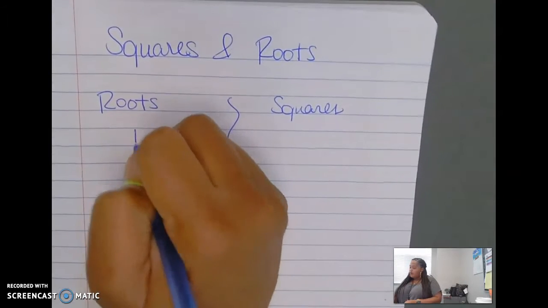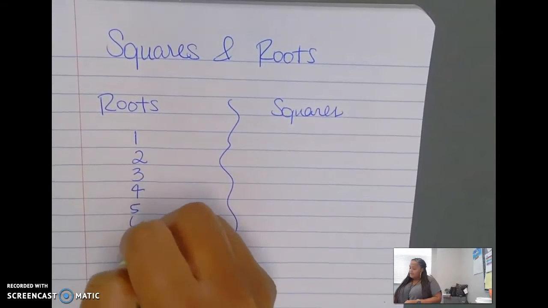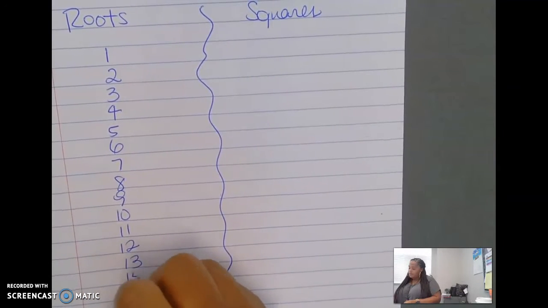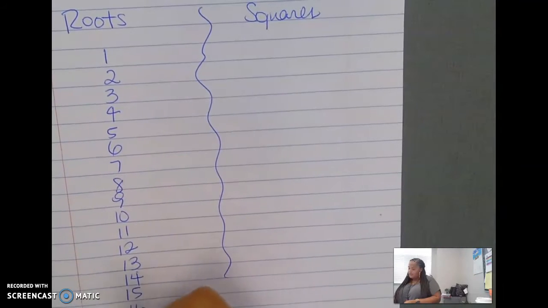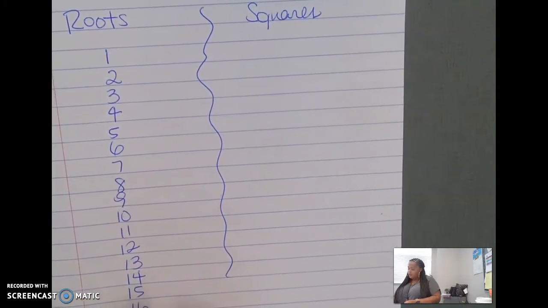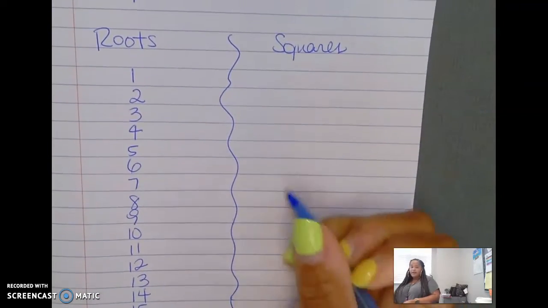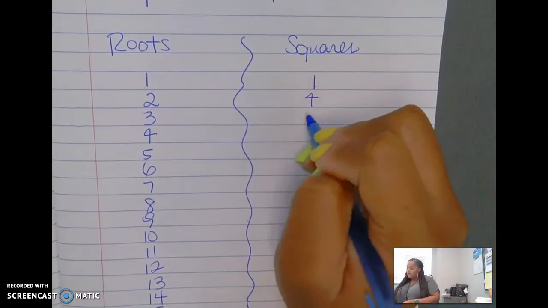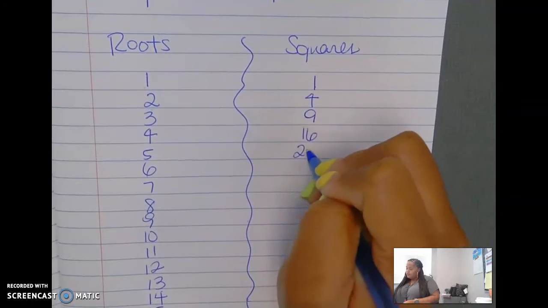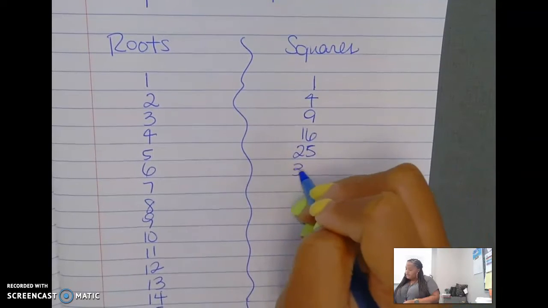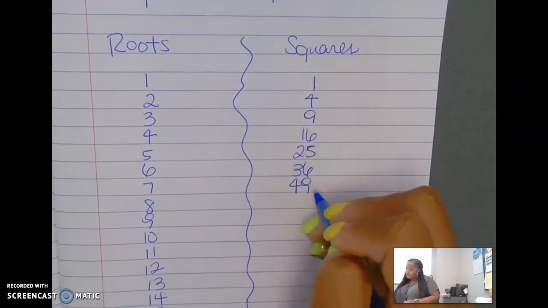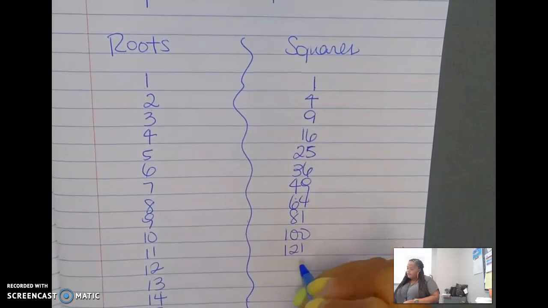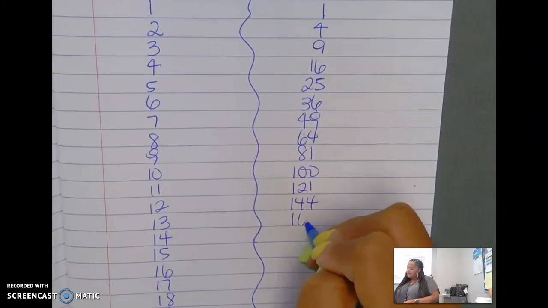So 1, 2, 3, 4, 5, 6, 7, 8, 9, 10, 11, 12. I would like for you to go up to 30, 15, 16, 17, 18, 19, 20, and then I'll go on to the back and do the rest. But anyway, so this is 1 because 1 times 1 is 1. 2 times 2 is 4, 9, 16, 25, 36, 49, 64, 81, 100, 121, 144, 169,